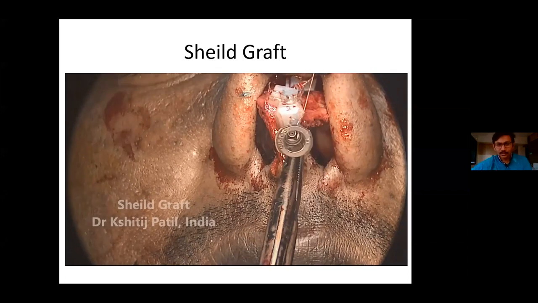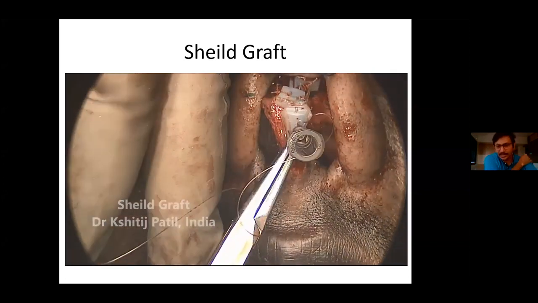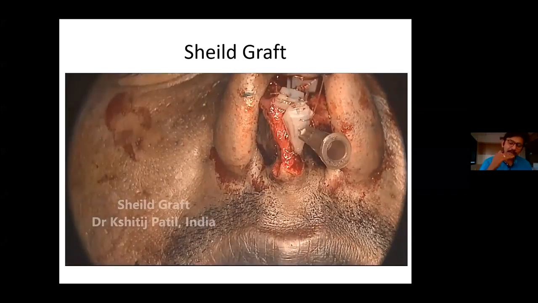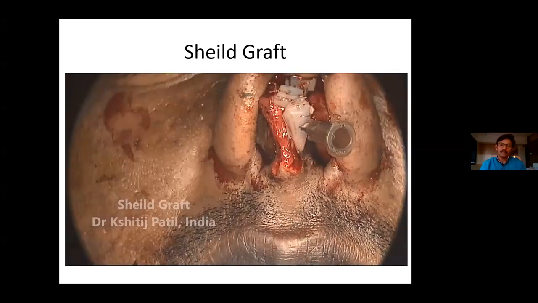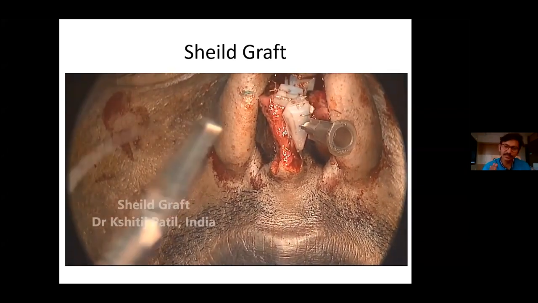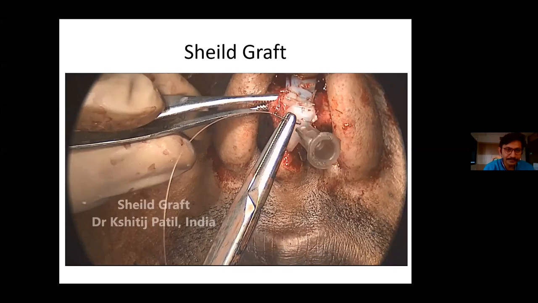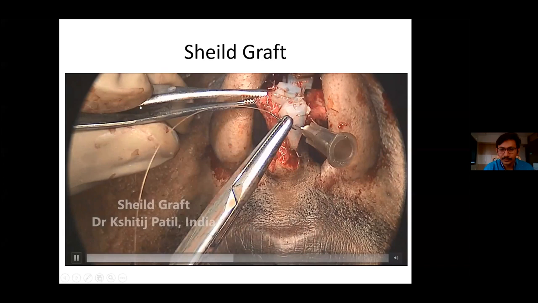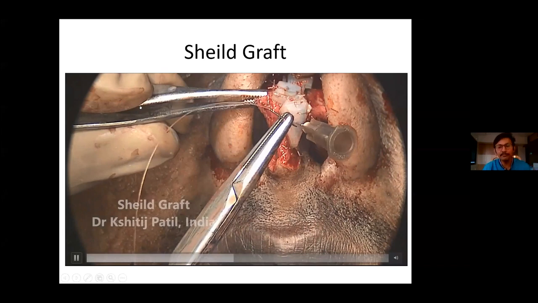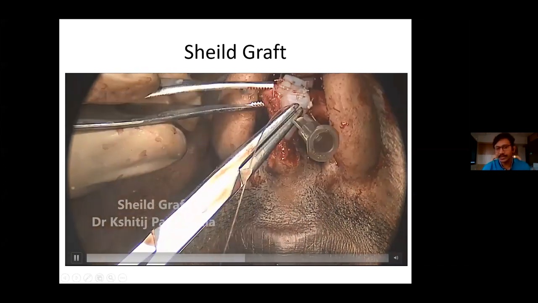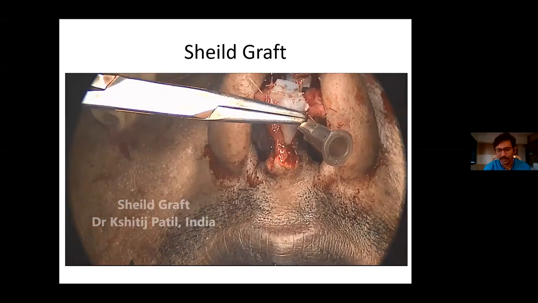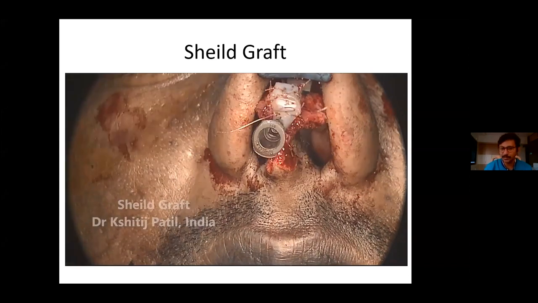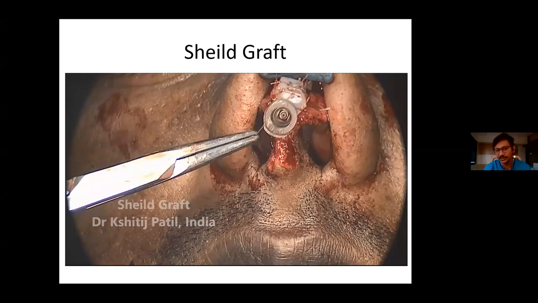Okay, so we were on the extended shield graft. If the shield graft extends above the tip by more than 3 millimeters, it has a tendency to roll back. To prevent this, you may use a backstop graft, that is a cap graft. Whenever you are using an extended shield graft of more than 3 millimeters, it's better to use a backstop graft.